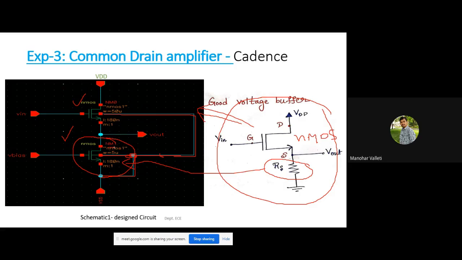The role of NM1 is to provide the source resistance, and across this resistance we are taking the output. You are properly biasing this NMOS transistor with the bias voltage so that this MOSFET acts as a resistor.